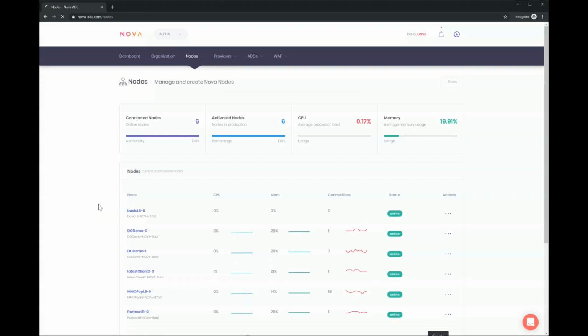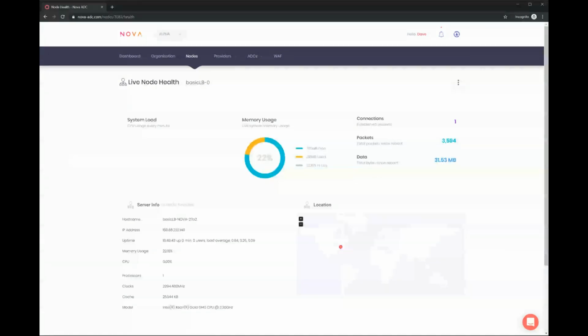So all of this information is being fetched live from the server, right? Without any connection to it. We don't require an SSH connection or anything. The client connects out securely to our cloud. So we don't have any direct connection to it now that it's online. And you can see we've discovered things like its IP address, memory usage, CPU, some of its specs, its location. You can see where this DigitalOcean server, New York 1, is sitting, and some information about it. And we can start to monitor its CPU usage, whatever we might want to do. We can give it tags and so on.